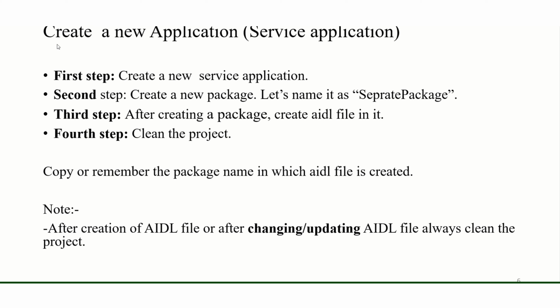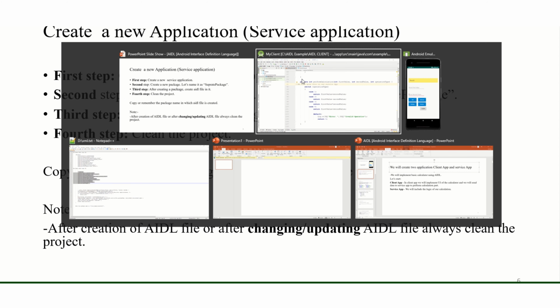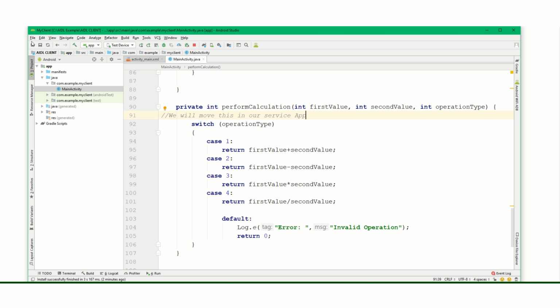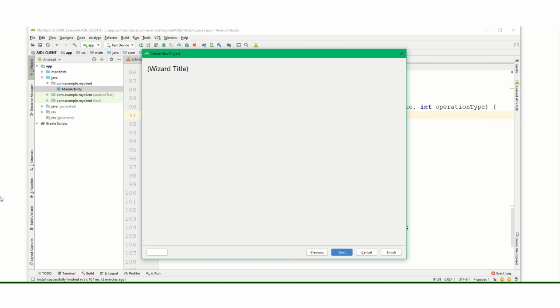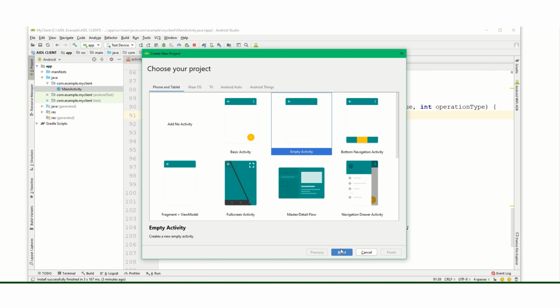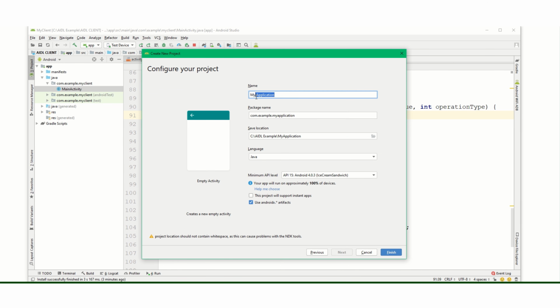Now we have created our client app. Now we have to create one more application that will be our service application. So first let's create the service application. Here I go to new project, empty activity, next, my service application.